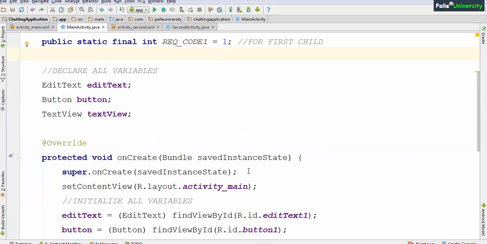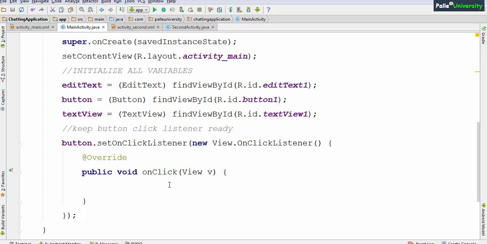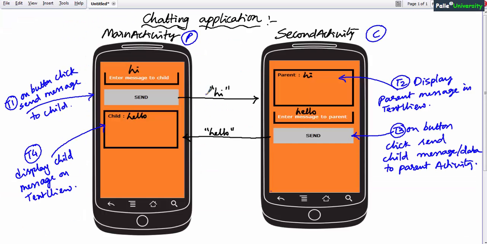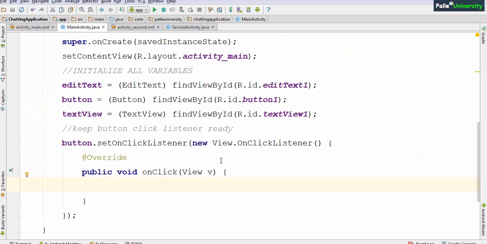After that, I will go to button click listener. Remember, in place of the startActivity method, we should use the startActivityForResult method. But before that, first we have to prepare the intent. Since we have to pass edit text data to second activity, after preparing the intent, we should read the edit text value, put it into the intent using the putExtra method, then pass the data to second activity. The code will look like this.